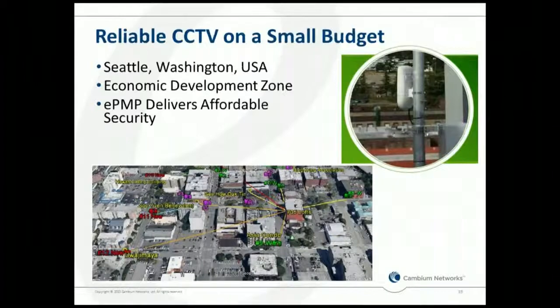CCTV, or video surveillance, is also a great application for the ePMP. One of our earliest deployments was in Seattle, Washington. In a portion of the city, there was an economic development zone where the city was providing funds in order to help some businesses get started there. And they needed a very small-scale video surveillance network on a very small budget to help provide